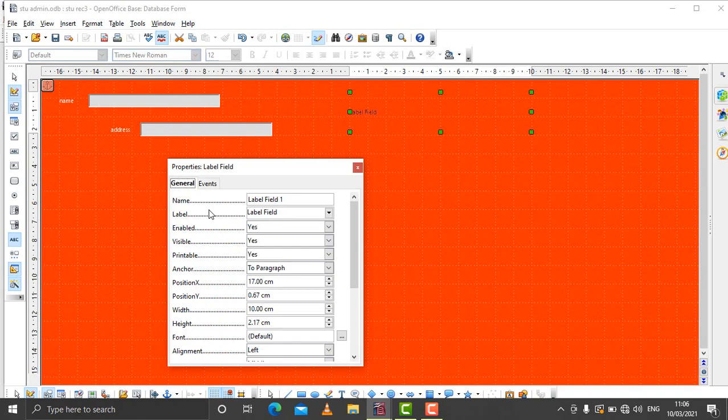this window appears, and from here you can name the label. You can see it is Label Field here. You have to delete it, and then you have to write a new name. Say for example, I'll be writing student record,